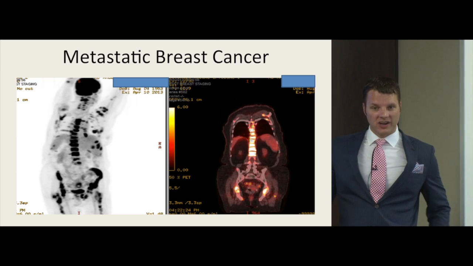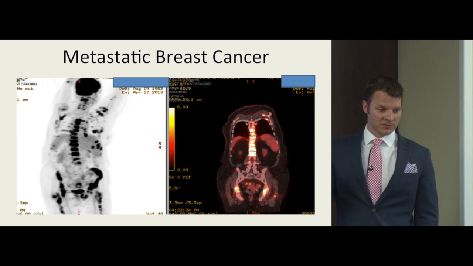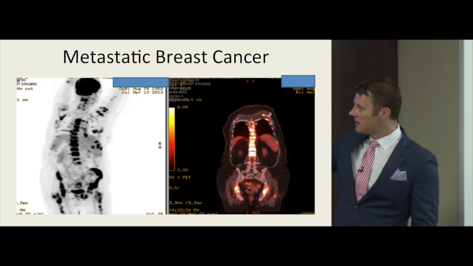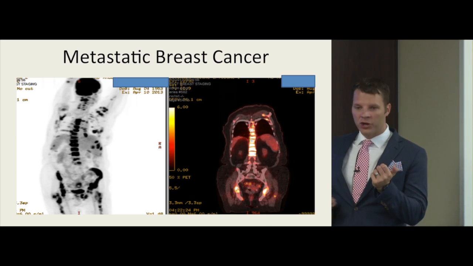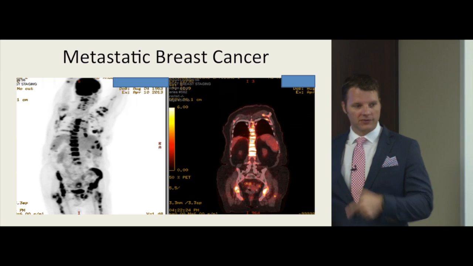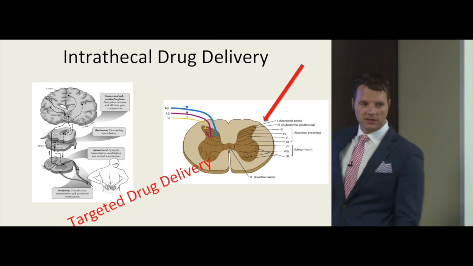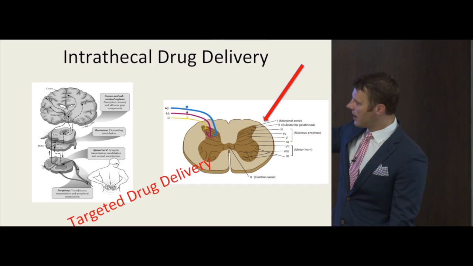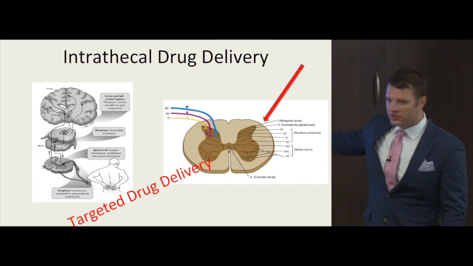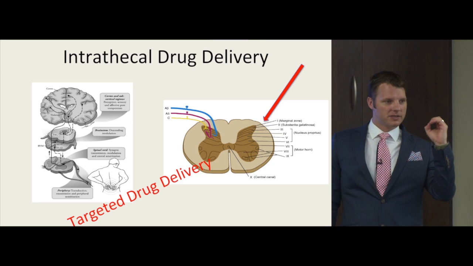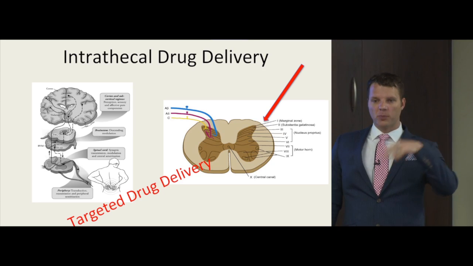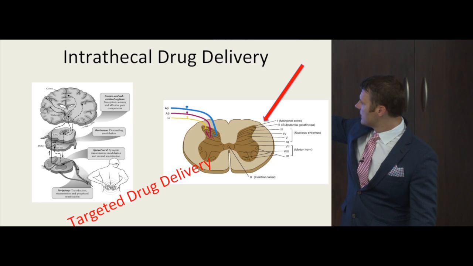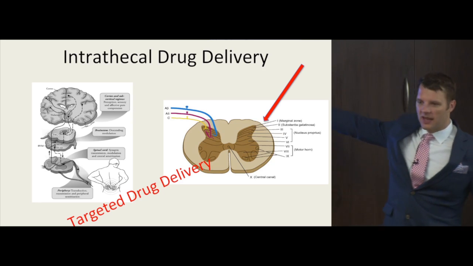Metastatic breast cancer, 1 in 8 women, right? Somebody in this room has probably been affected with that. 1 in 8 women, if it has metastatic disease, there's again not one nerve that you can easily go in and turn off. So when we get things like this, we start to think of intrathecal drug delivery. And this is also something that we can use in the chronic non-cancer pain world as well. But it turns out that the opioids, which we talk about opioids, work via opioid receptors, which this is a cross-section of your spinal cord, and they live in this Rexed lamina 2 or substantia gelatinosa, or at least a